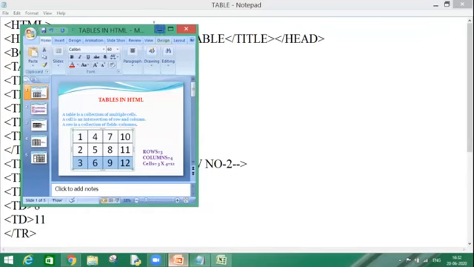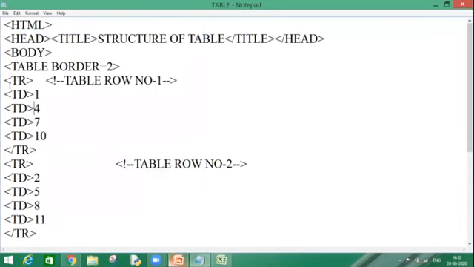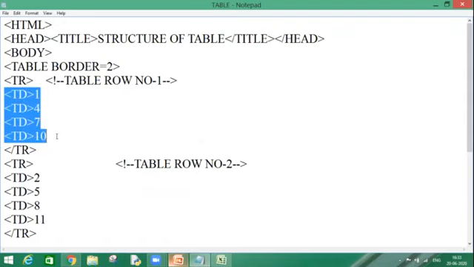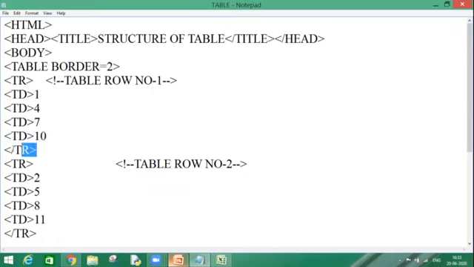That's why first we create a row so that I can divide it into as many parts as I want. And after doing it, I am supposed to close my TR tag. That means my one row has been finished. It is over. It is completed. I am supposed to close it.